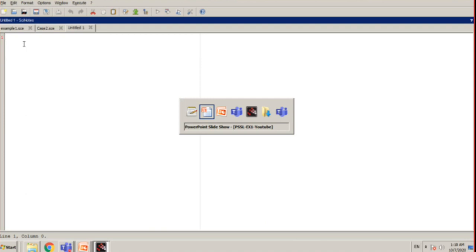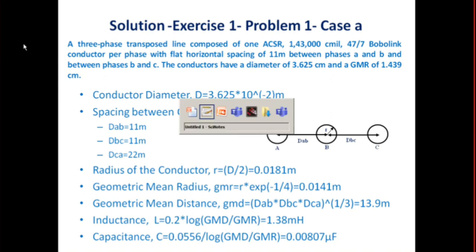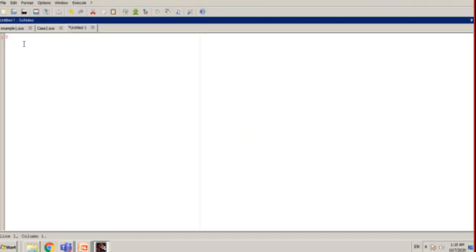First, the conductor diameter d is equal to 3.65. This is an input, right? So I am going to get this input in the variable d. I write input of, within double quotes, "enter the diameter of the conductor", and I put a space. Now I have written the code for fetching the value for d.